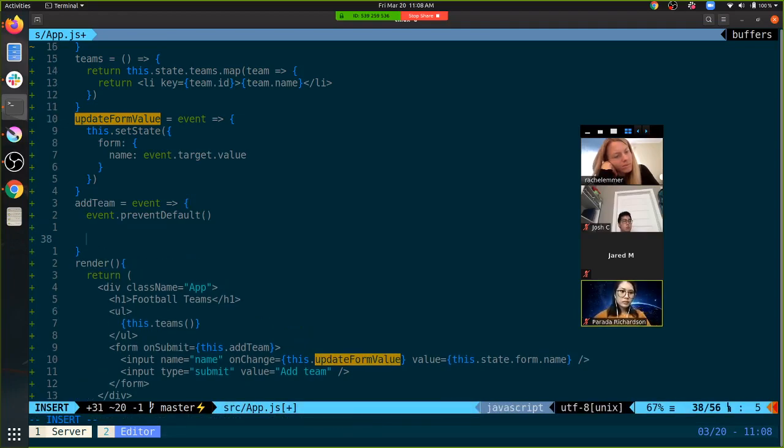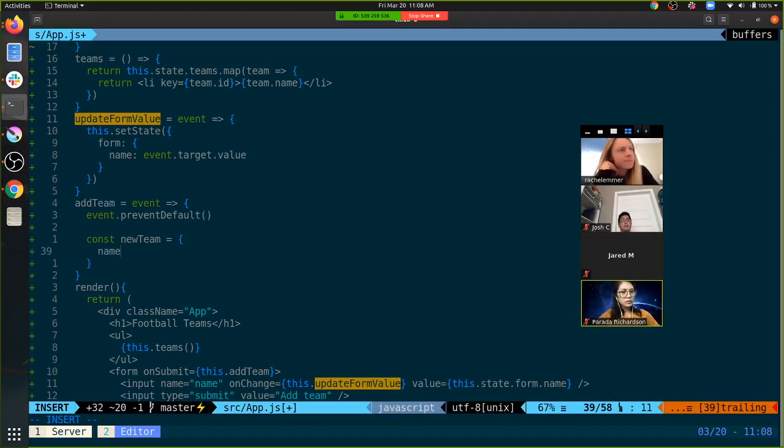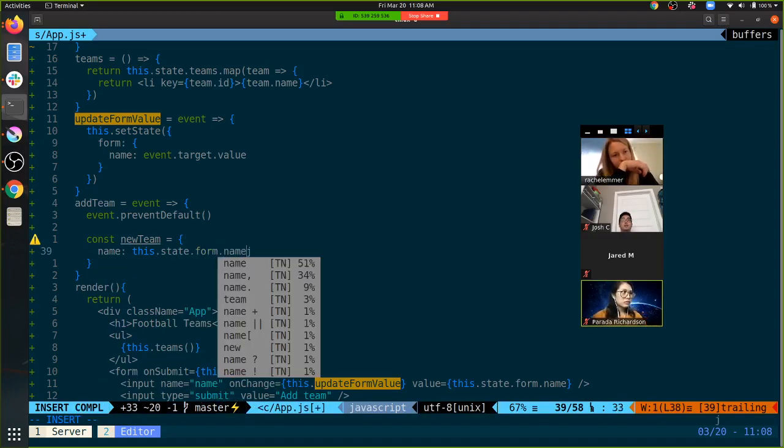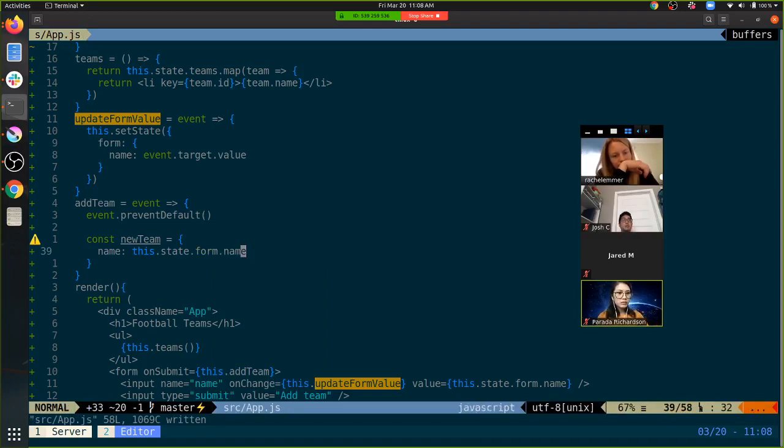You guys probably learned this from Damon this way, and this is probably a more React-y way to do it. But our new team is going to be this.state.form.name. Since we're already updating